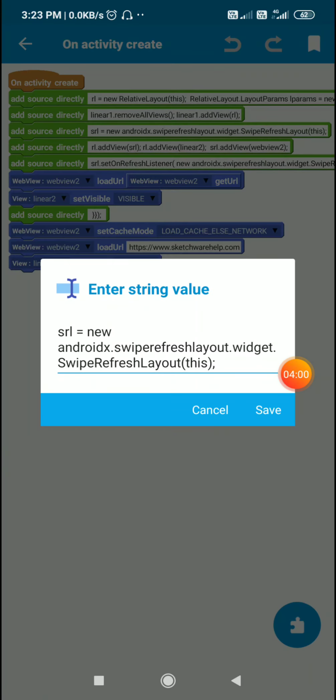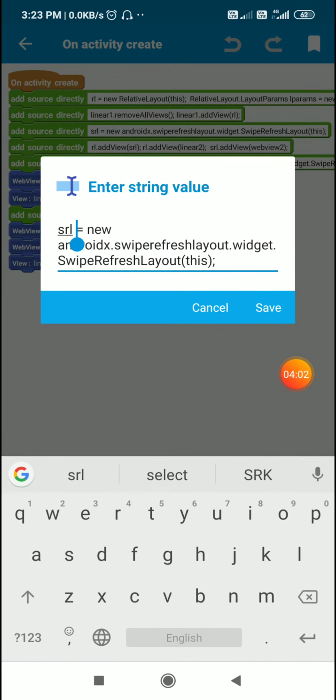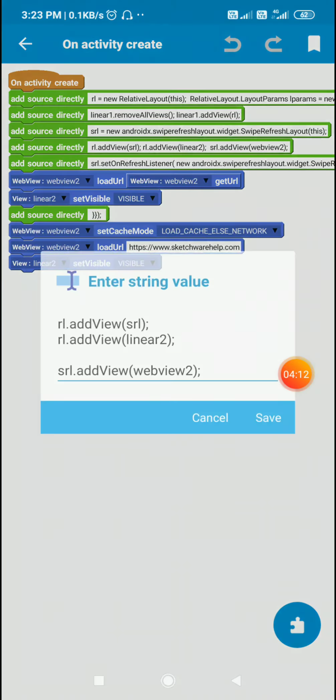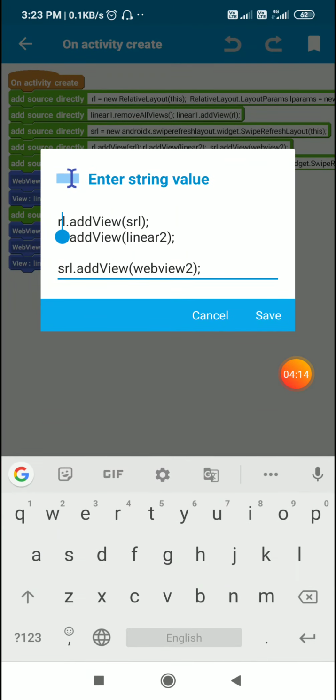After this I define SRL which is swipe refresh layout as a new swipe refresh layout by writing this code. Okay, and after this to the relative layout I add the swipe refresh layout, and I also add linear 2. So inside linear 1 I added relative layout, and inside relative layout I added swipe refresh layout and linear 2.